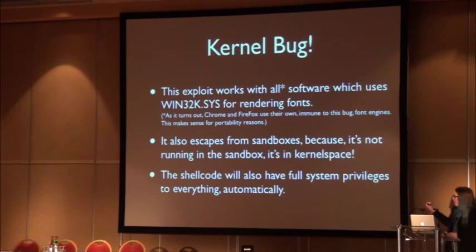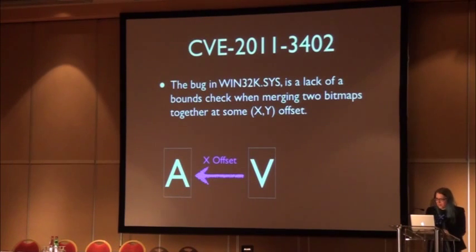And also you don't have to deal with any privilege escalation because you're already in ring 0. So what the actual bug was: one of the things with TrueType fonts is that, besides outlines, it also has bitmap glyphs,